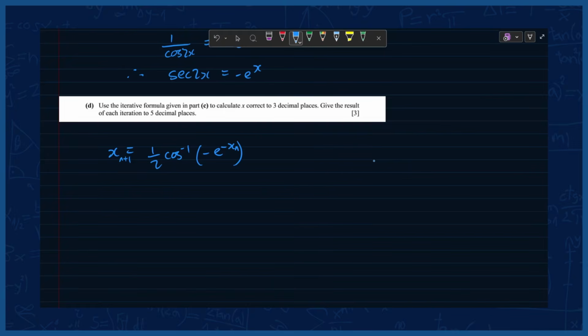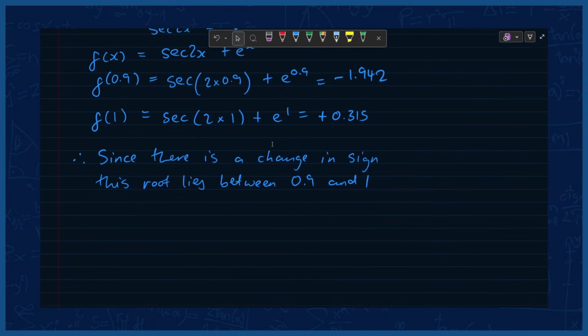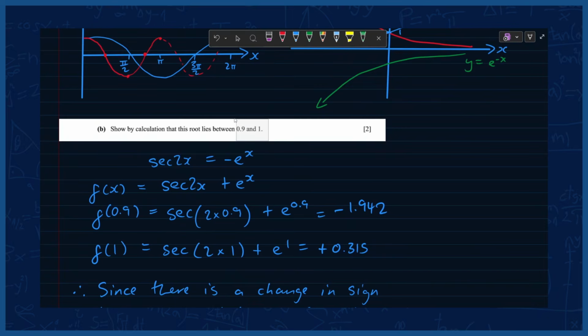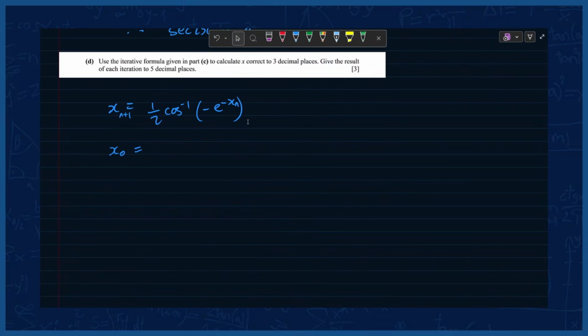Okay, so we need to pick a starting value, an initial value, x0, for iterations, and we can pick any value. In part B, we deduced that our root must be between 0.9 and 1, so we can pick any value within 0.9 and 1. So I'm just going to use the 1 because it's easy to work with. So I'll say x0 is 1, and so x1 is going to be a half arc cos of negative e